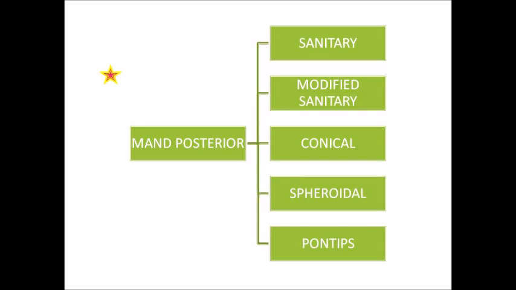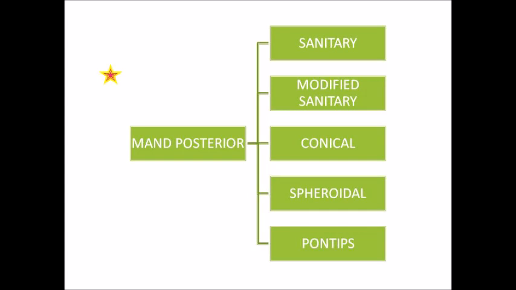When all other factors are favorable, the design of the pontic will be determined by aesthetics and cleansability. So for maxillary tooth, even if it is anterior or posterior, aesthetics is of predominant importance. This is because when we smile, even the posterior teeth are visible. So in such cases, we cannot use a sanitary pontic.